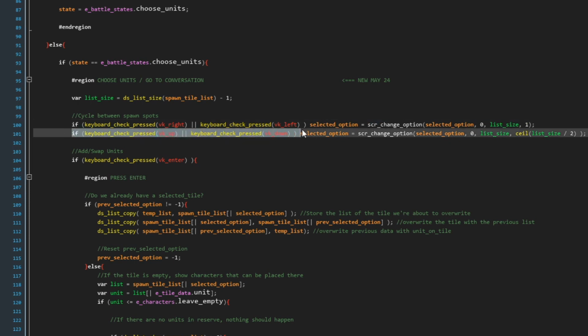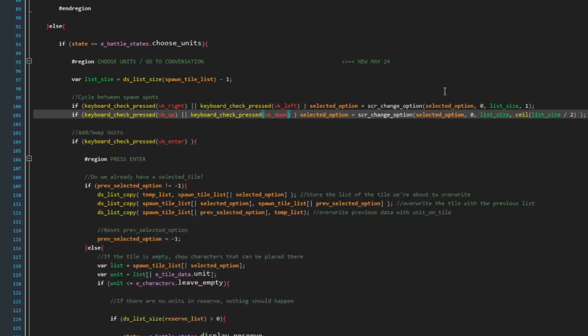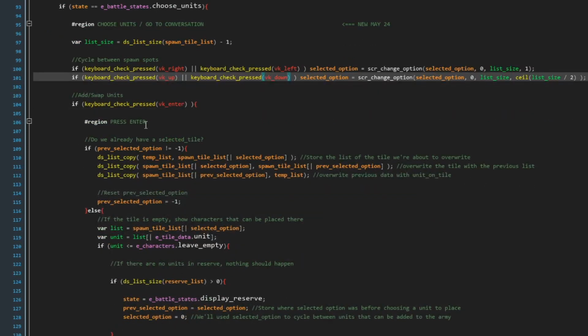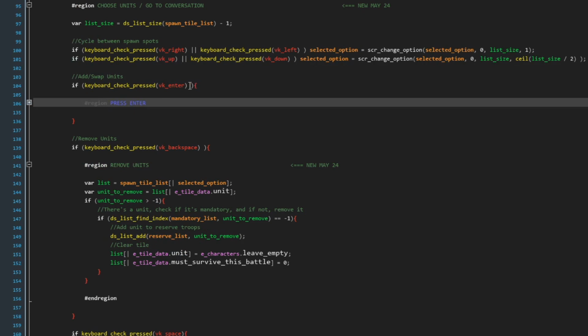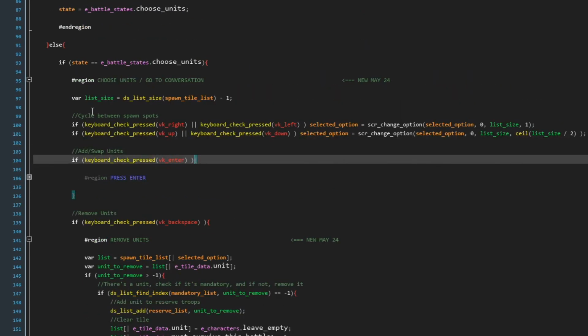If we press up or down, then we want to move by a value of 4. We could just type 4 here, but I decided, to facilitate future coding where we have different amounts of spawn tiles, to use this instead. And then here, if you press enter, then